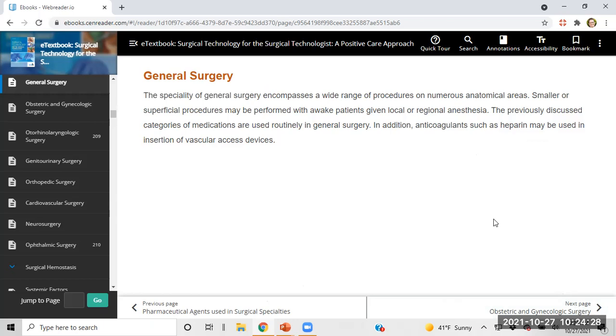Then general surgery, of course, is usually either general anesthetic, meaning they're completely knocked out, or they may be awake and just given either a local anesthetic or a regional. And we'll talk about that a little bit more. They also may be given heparin if they are placing any kind of vascular access device. So if they're given a PICC line, an ART line, any of those, heparin is going to be used to keep that